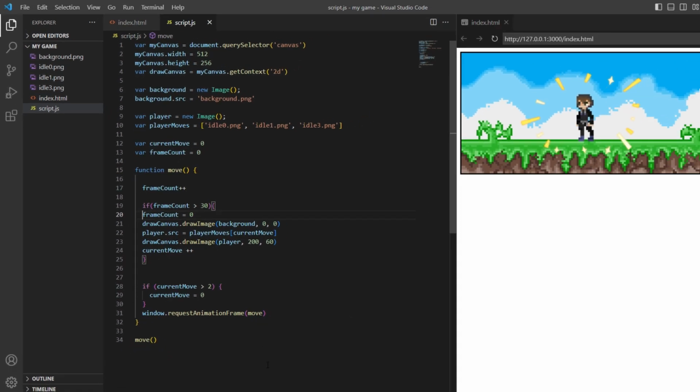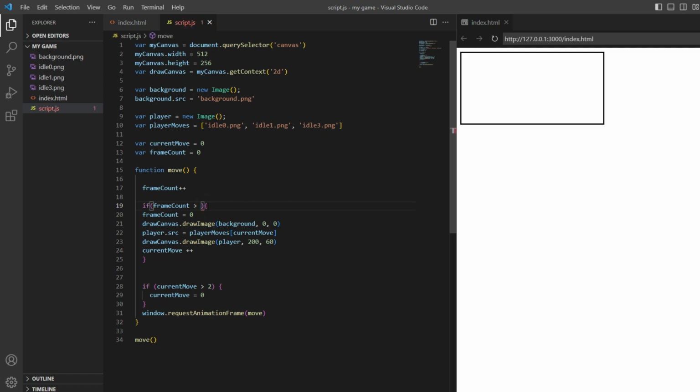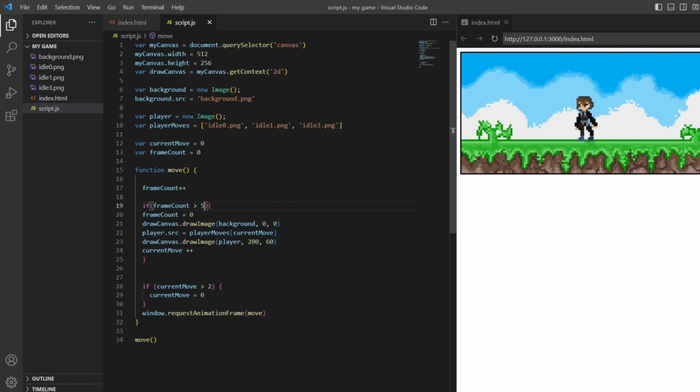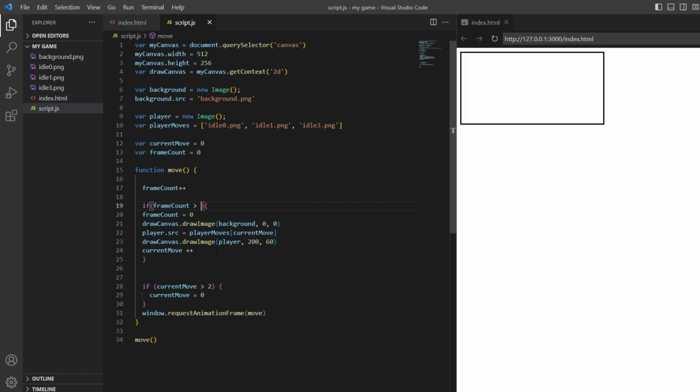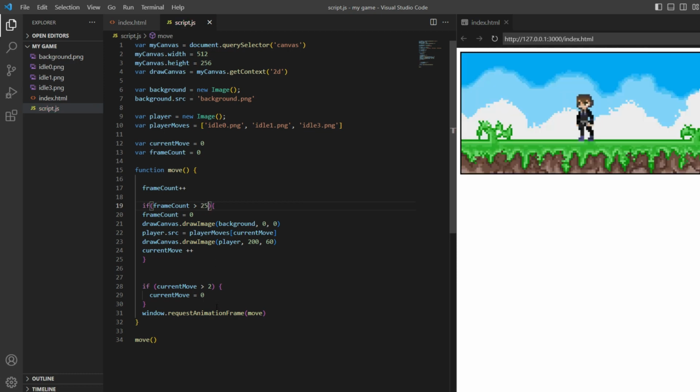Let's see what we have done. Great! We have slowed down the motion of our character. We can change the value inside the statement to increase or decrease the speed of the animation. "25 is good." Sure, there are better ways to animate our character, but in section 1, we try to make